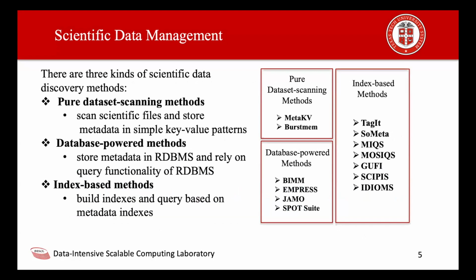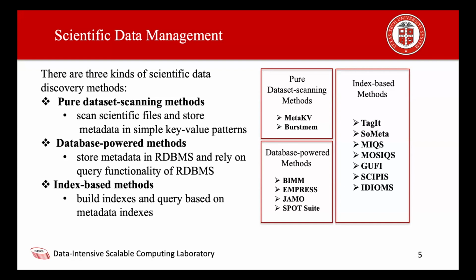Next, based on the storage technique, they can be categorized into three different kinds of methods. The first one is the pure dataset scanning method. It will only scan the scientific files and then store the metadata in pure key-value pair patterns. And the second kind is